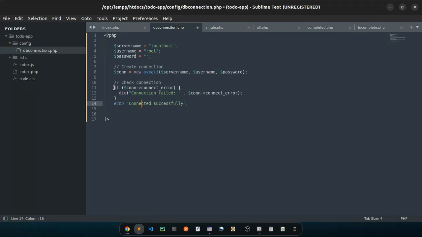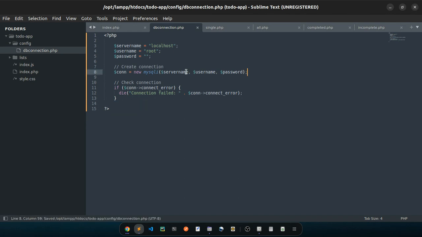Finally, check the connection. If there's a connect error, just kill the connection or report back and say something went wrong. Also, if it's successful, you can just echo connected successfully,